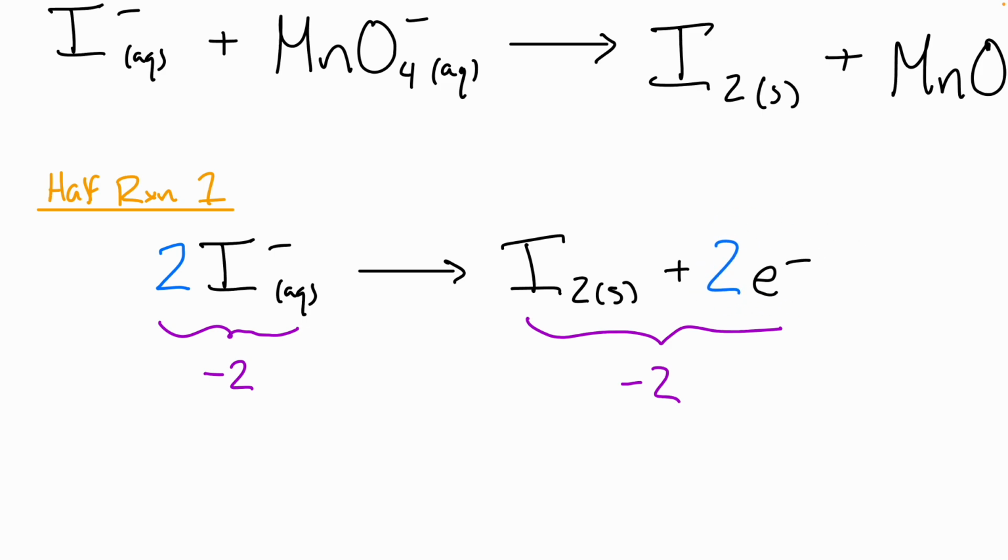So this is a half reaction where my iodine is losing electrons. And losing electrons is which one? Oxidation. Oxidation is losing. Right? So the fact that my electrons are on my product side here means that this is my oxidation half